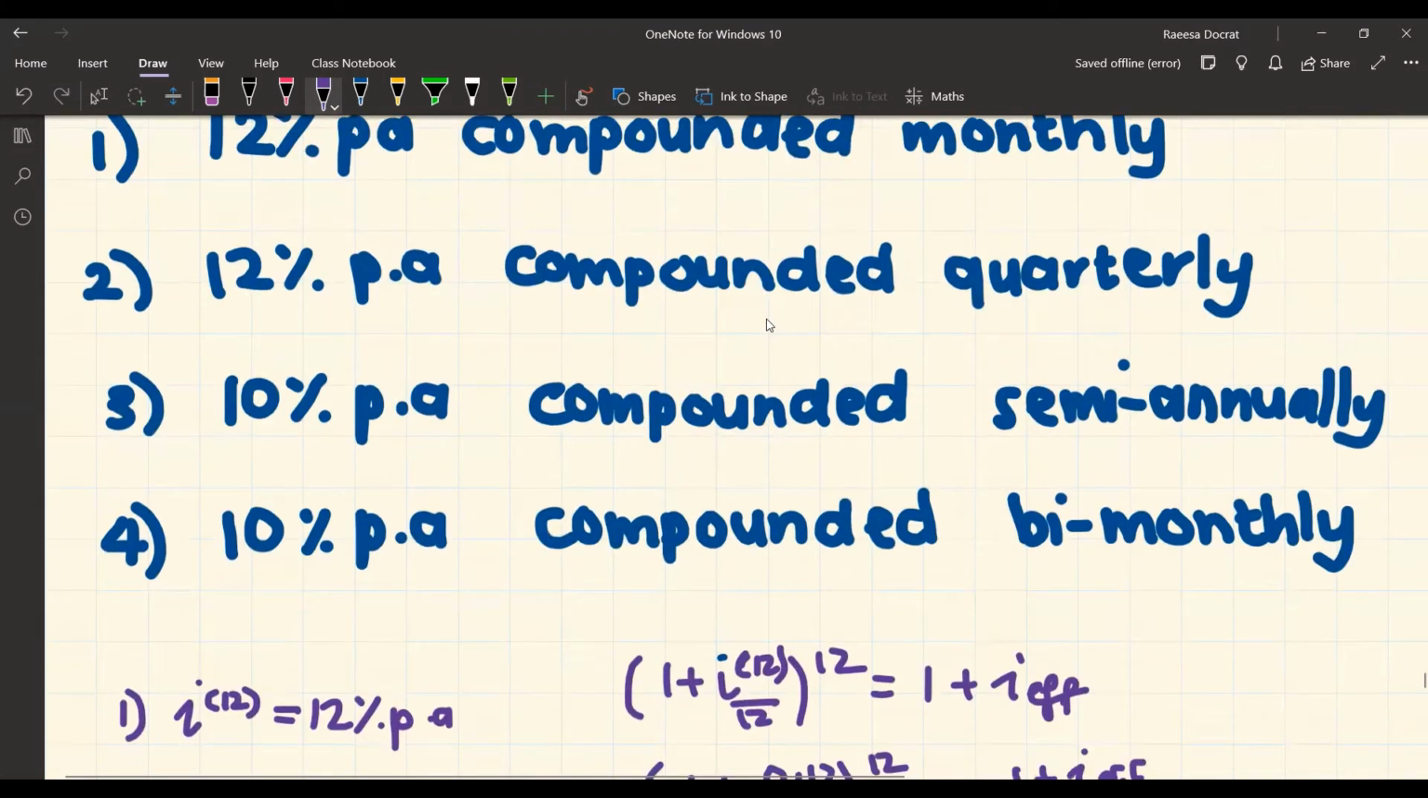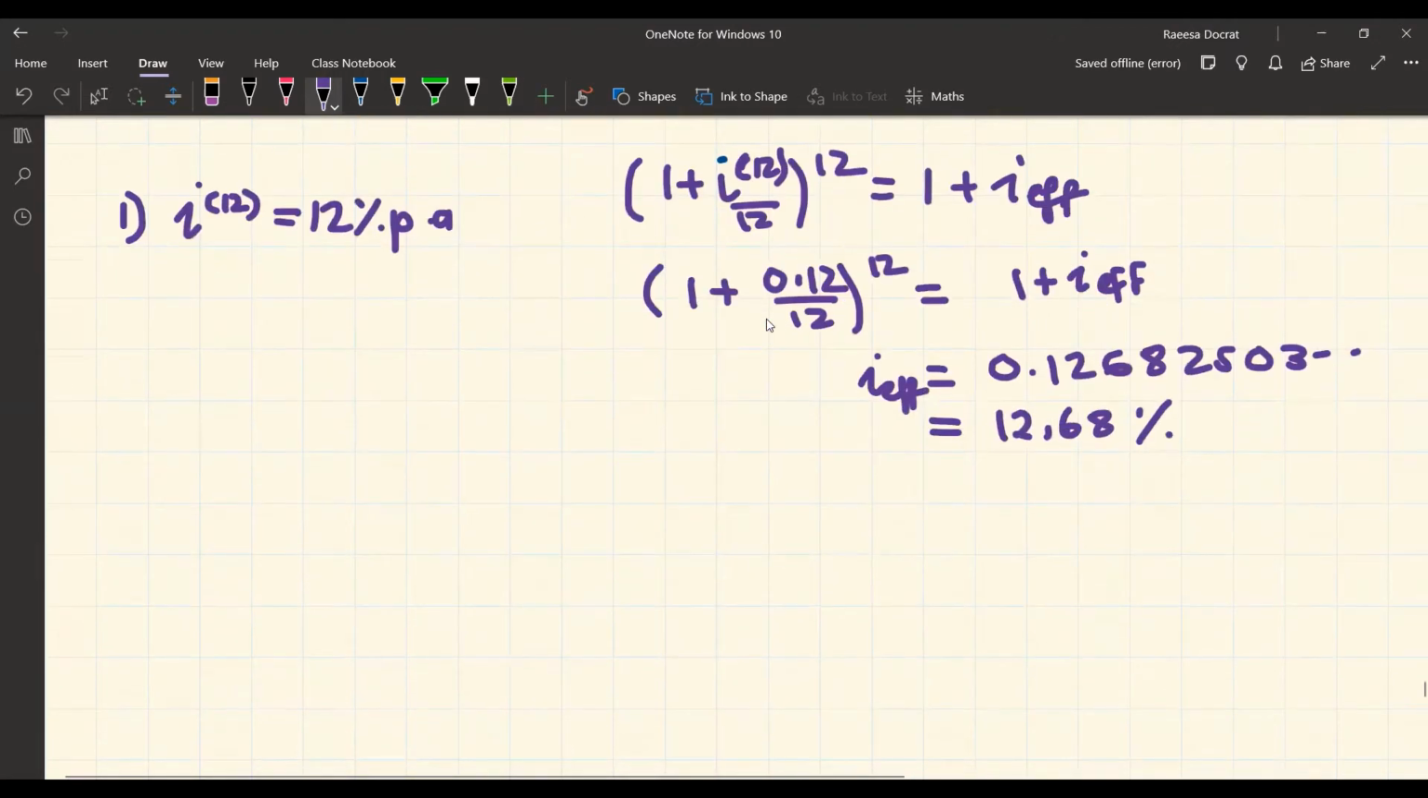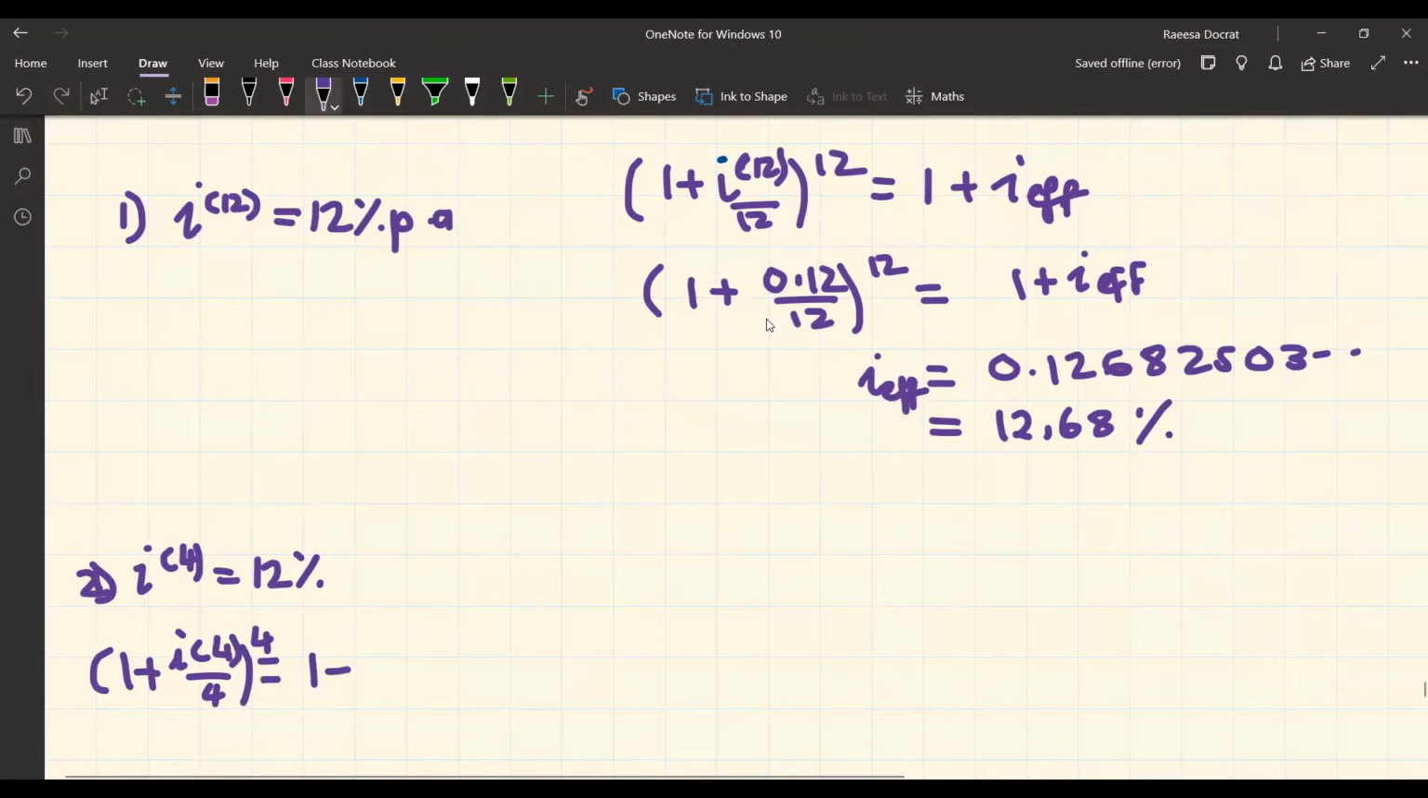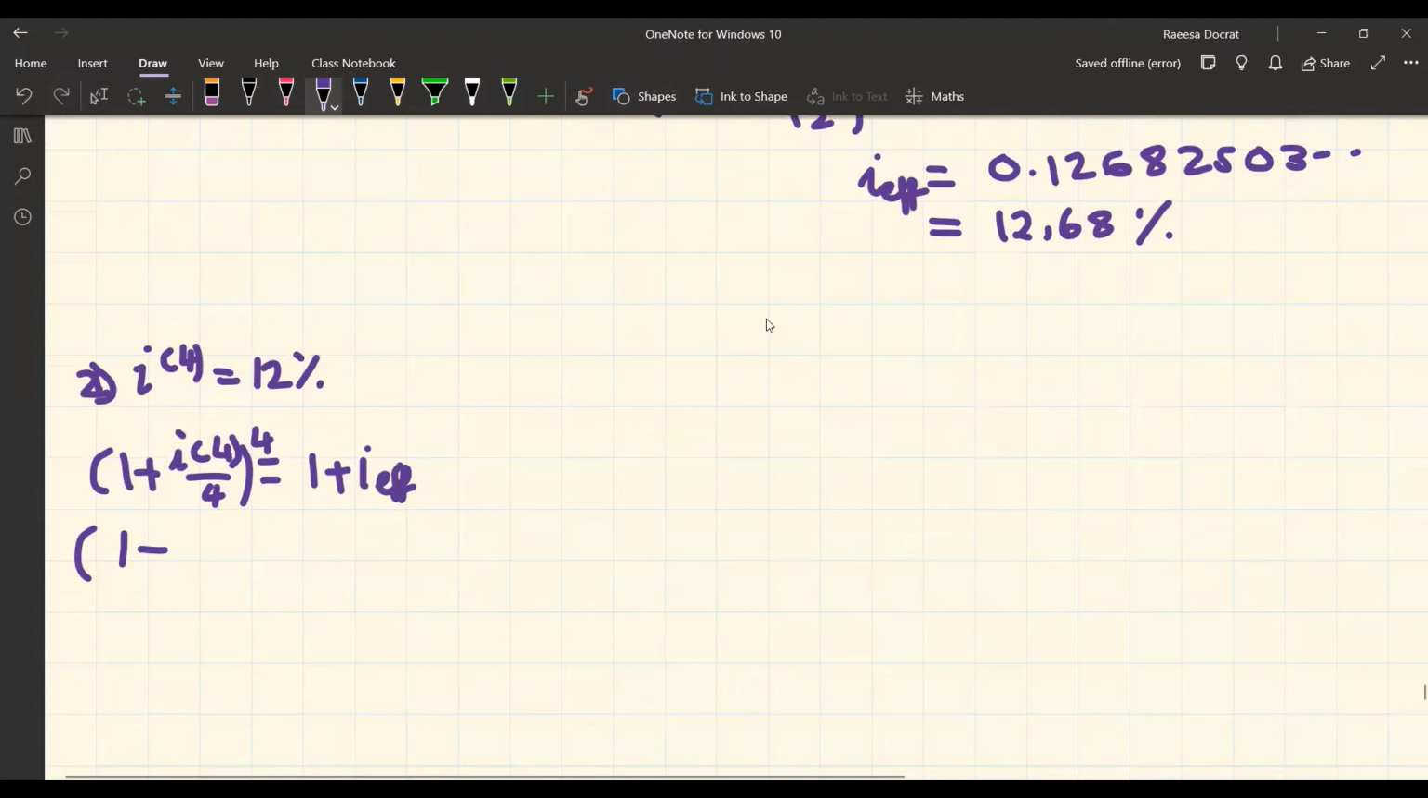The next one is 12% compounded quarterly. Again, this time we have i_4 equal to 12%. So we have the formula (1 + i_4/4)^4 = 1 + i_effective. Then we substitute: (1 + 0.12/4)^4 = 1 + i_effective. Typing that into our calculator and solving for i_effective, we get that